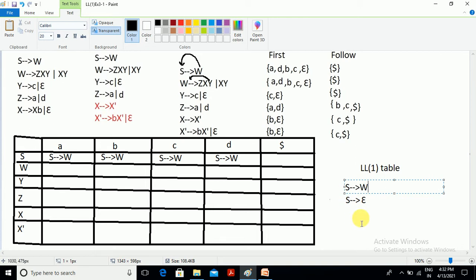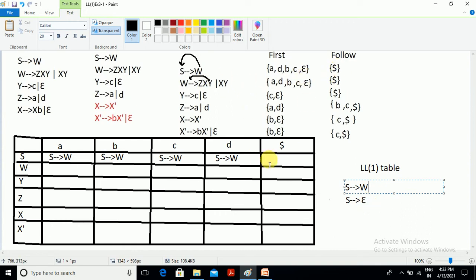Now another point here: if any production is deriving the epsilon, then we need to write the epsilon first value in their follows. Who becomes the follows of the S? Only dollar.